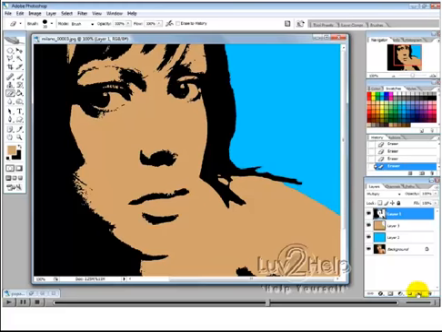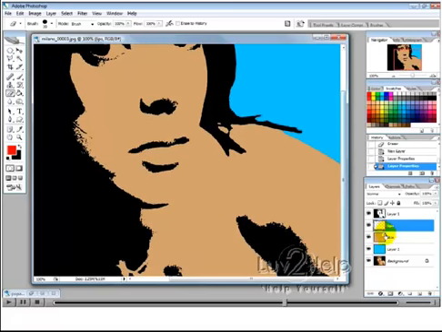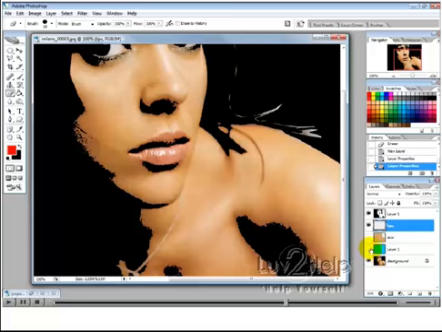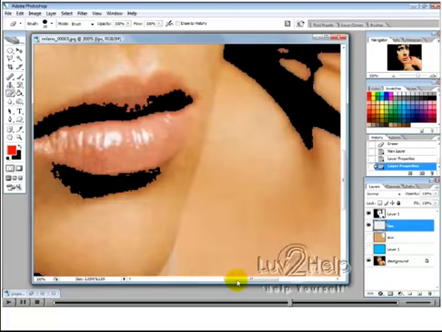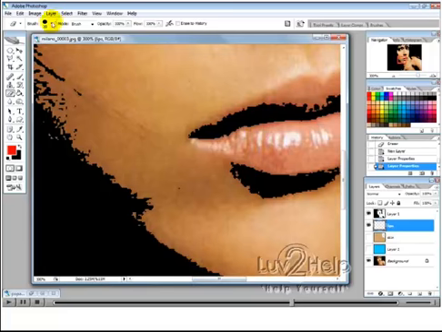Okay, so now we just want to hold control, click a new layer, and then we just want to create a new layer. So we'll rename this one skin, and we'll call this one lips, and then just pick a color for each layer, and then you just paint on where it's meant to go. So for the lips, probably an easy way to do this is to hide these two layers so that you can see the lips in the previous layer, and then change to a small type brush,